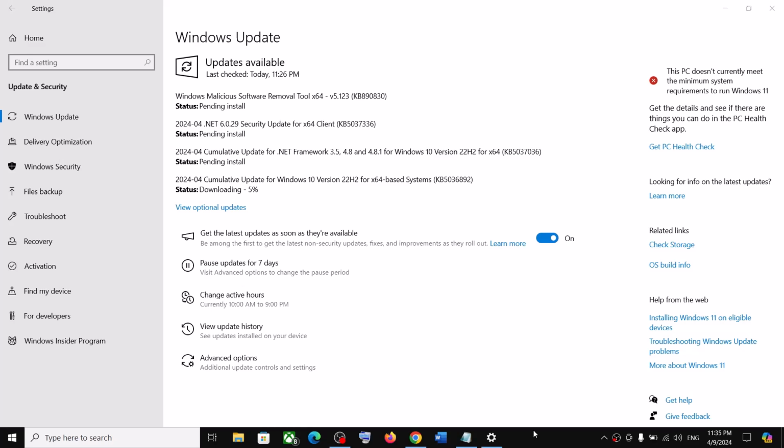Today in this video I'm going to show you how to fix when you're unable to install these updates, that is KB5036892 or KB5037036 or KB5037336. So if you're unable to install these updates on your Windows 10 computer, then please follow the steps shown